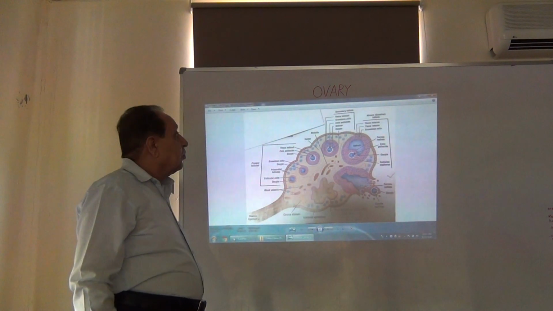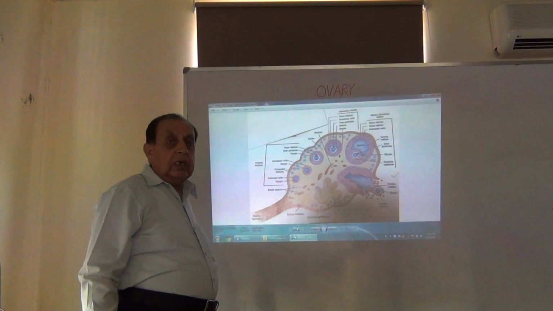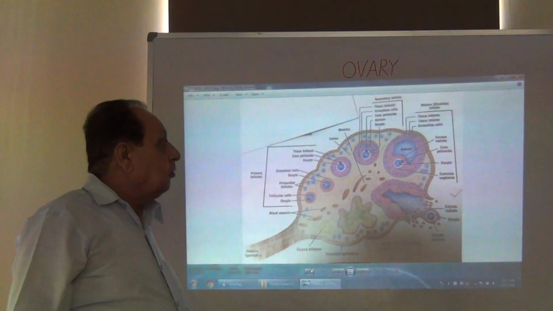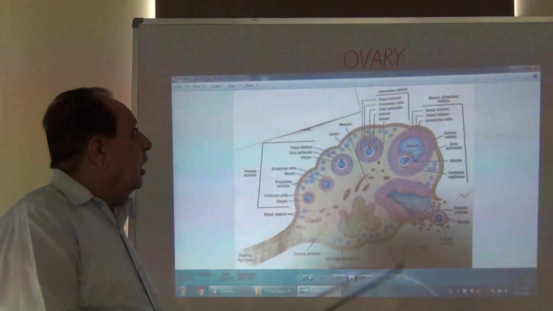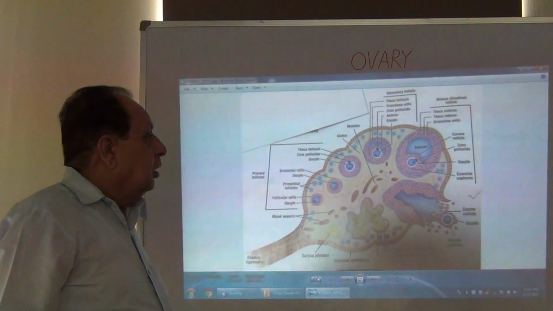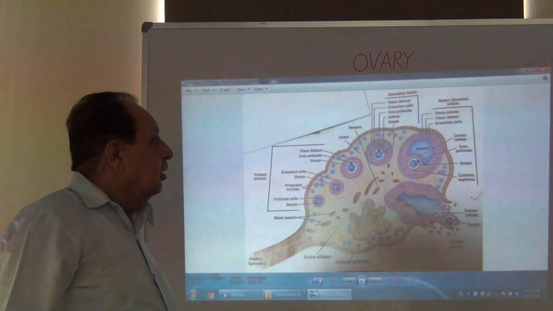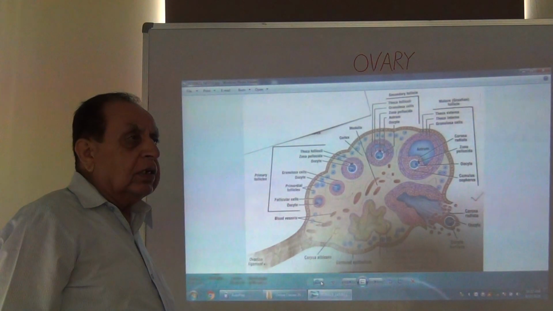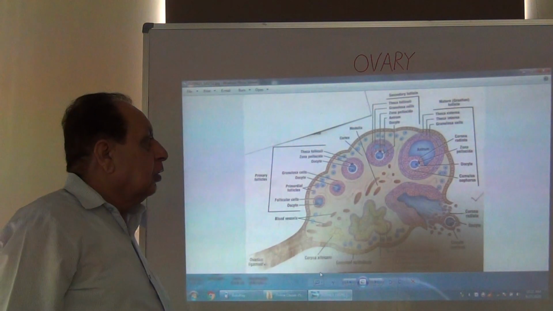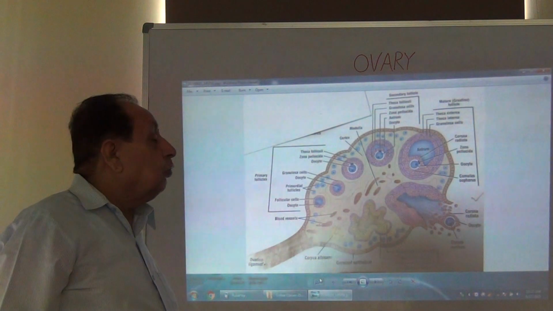Now the female reproductive system. In the female reproductive system, first of all about the ovary. Now the ovaries, these are the flattened oval bodies attached to the broad ligament of the uterus,